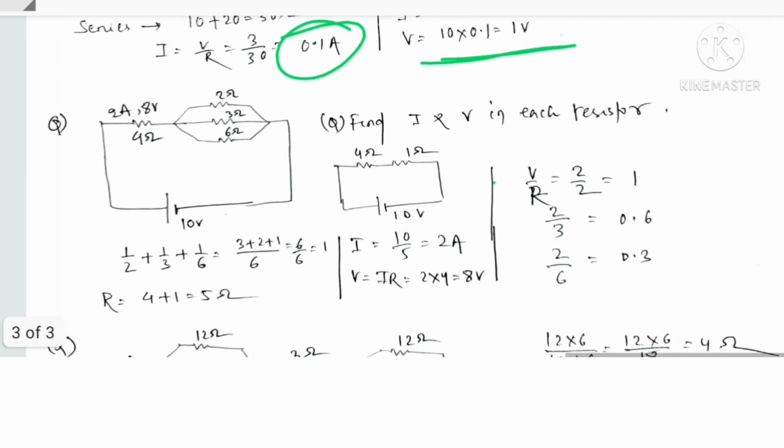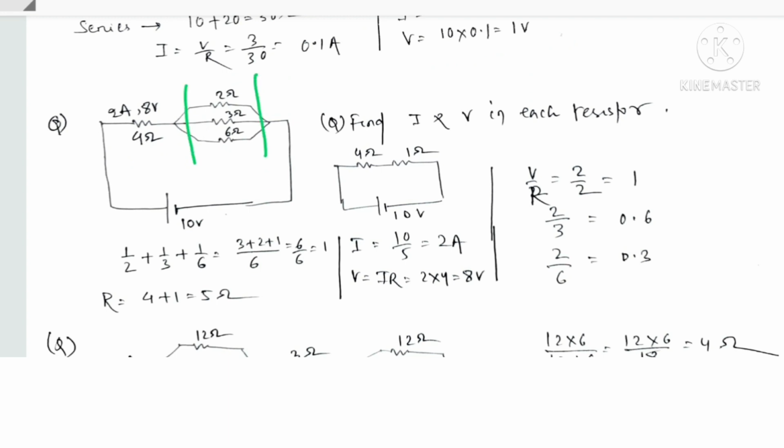Now same type of question is here. Okay, so here 4 resistors are there. 4 ohm which is connected in series with the combination of these 3 resistors which are connected in parallel. Okay, so let us first find the equivalent resistance. So what will be equivalent resistance of this? 2, 3 and 6 connected in parallel, so equivalent found to be 1 ohm. Now this 4 ohm with this 1 ohm, they are connected in series, so equivalent is 4 plus 1, 5 ohm. So total resistance of this combination come to be 5 ohm.